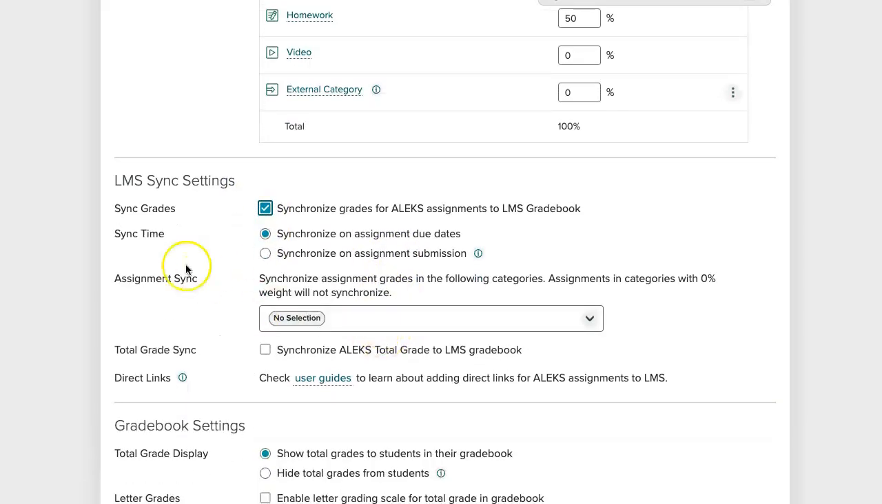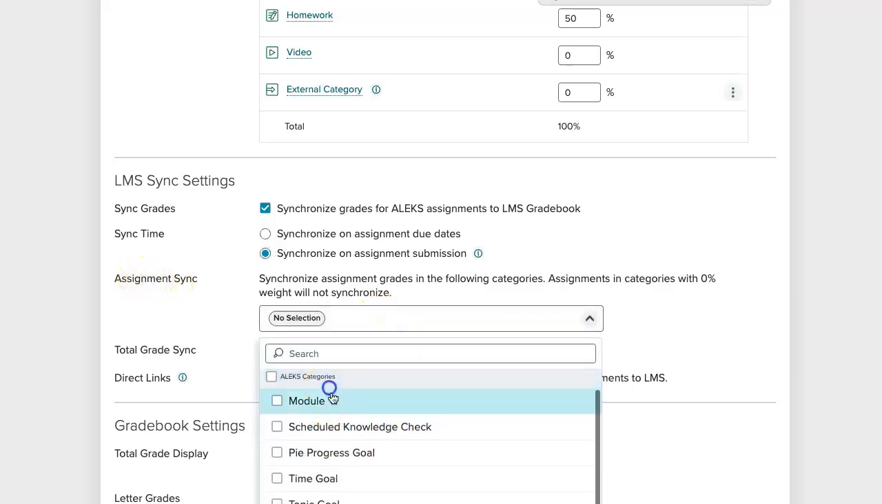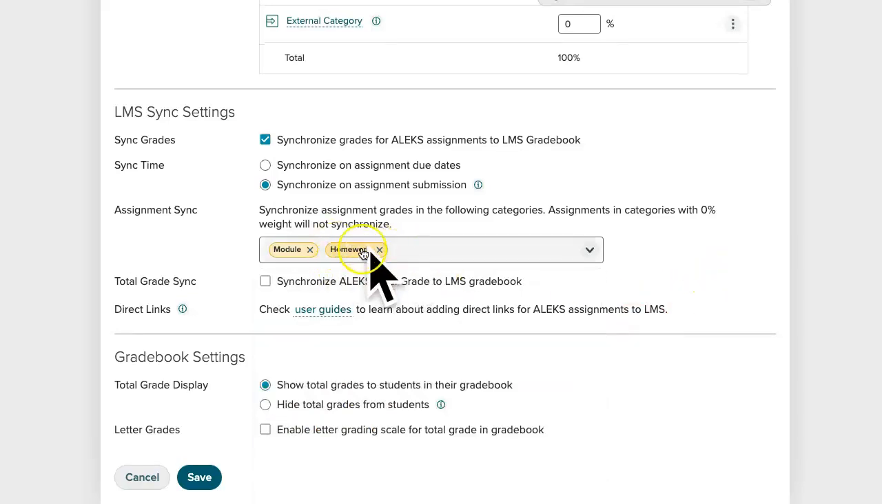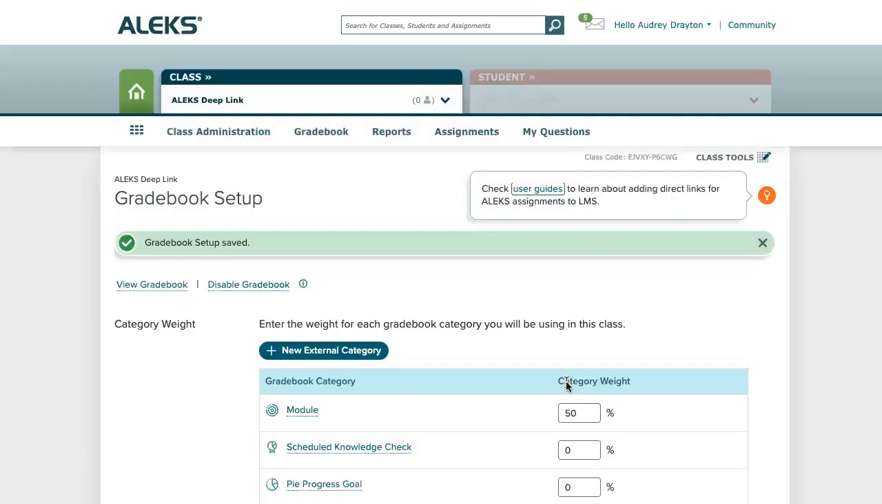You then have some other options here on how and when you want to sync these grades over, either by due date or every time a student submits an assignment. You can also pick from assignment sync which categories you want to come over into D2L. I'm going to pick the module and homework category since that's what I have in my course. And then you can decide whether or not you also want an ALEKS total grade to sync over. And then at the bottom of the screen, you're going to click save. And as soon as you click save, it will start that initial sync over to D2L and start creating those